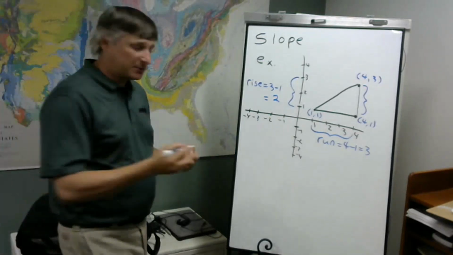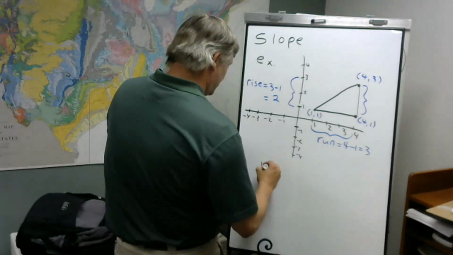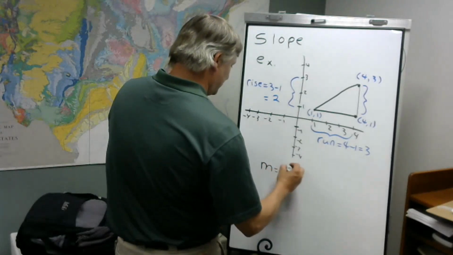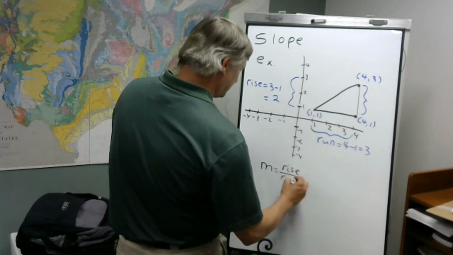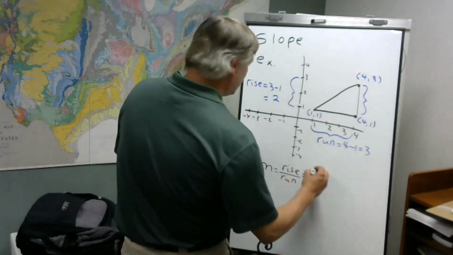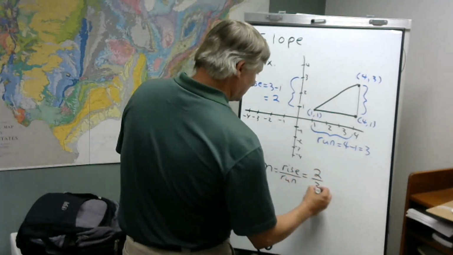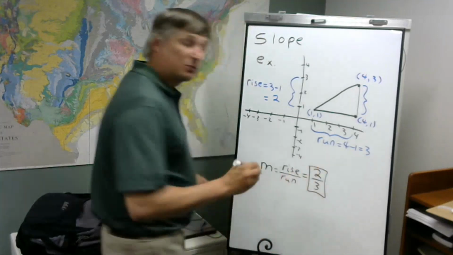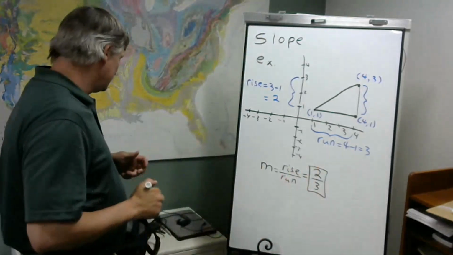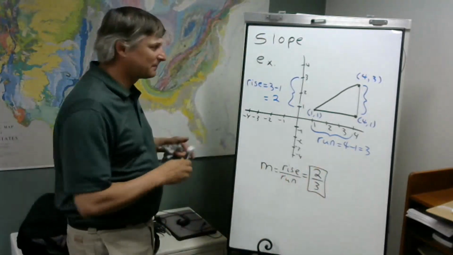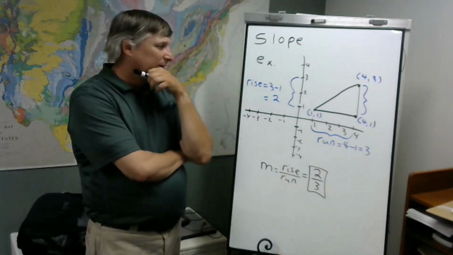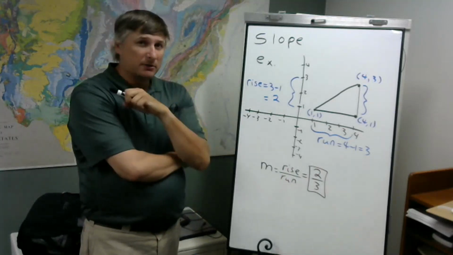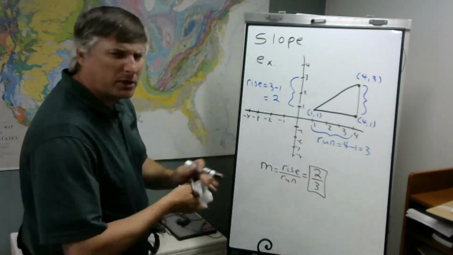So finally, to compute our slope, it'll be a rise over a run, or 2 over 3, 2/3. And that's it. Now, what this suggests is there's a general formula for a slope. Like what we could have done,